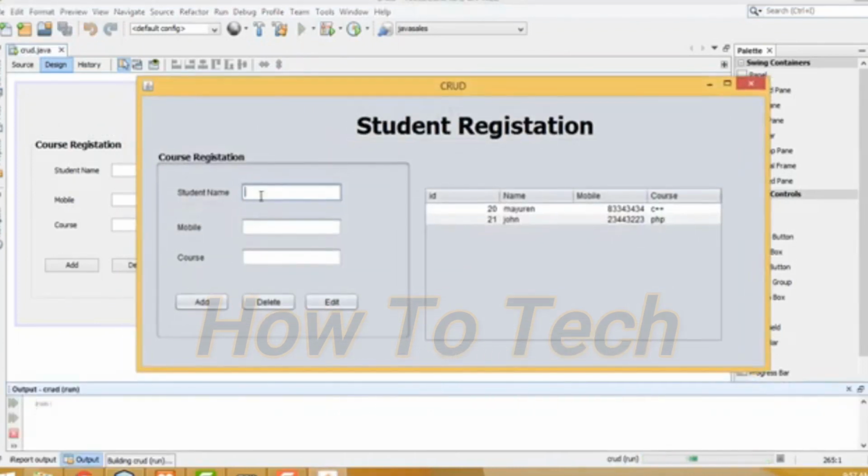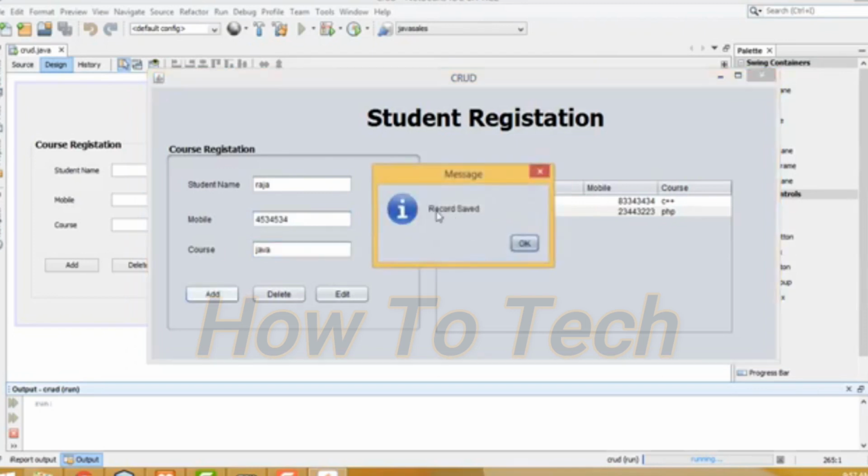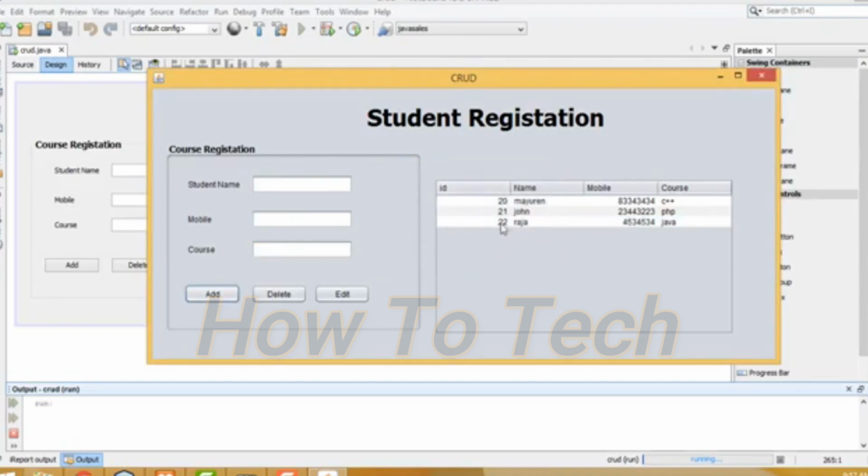Now I want to enter the new record of student registration. Here I am entering the first student name, student mobile number, something like that. Here course I enter as Java. Click add button. Record saved message will be successfully displayed. Click OK. Record will be successfully added into the database table, and I am retrieving from the database table here,